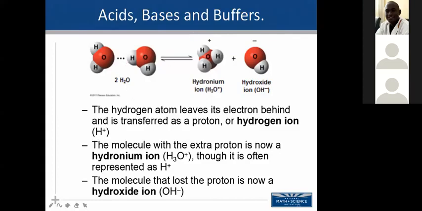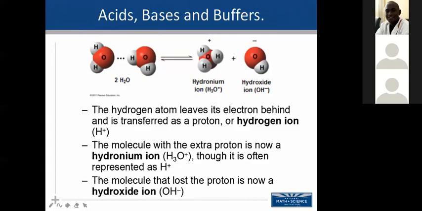Under certain conditions, we see these two arrows in the middle here, which simply means it's a reversible reaction. It can go forward and backwards. Water is neutral, or has no acidic or basic charge, because the rate of the forward reaction is equal to the rate of the backward reaction. So in the same way,